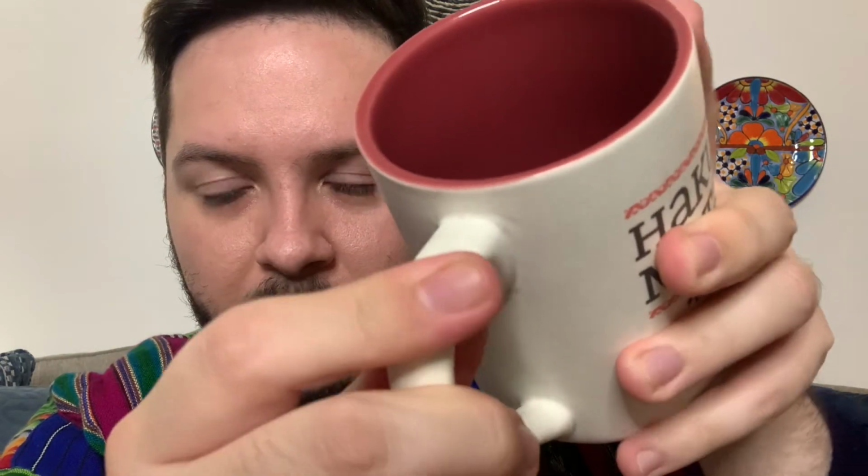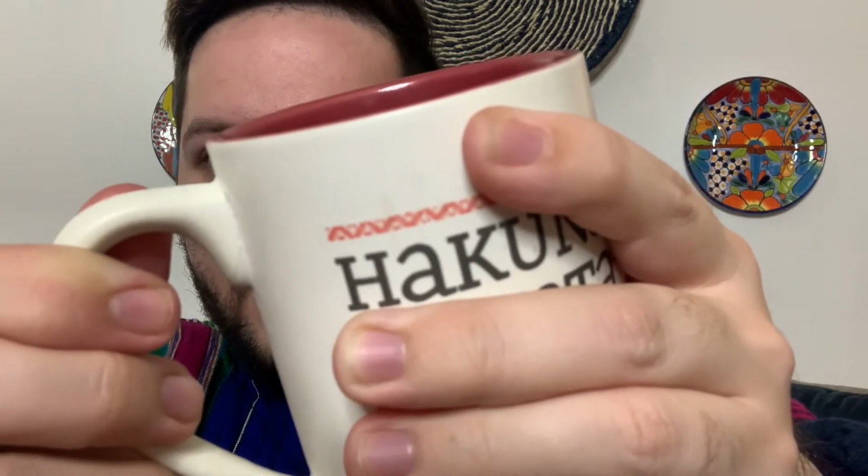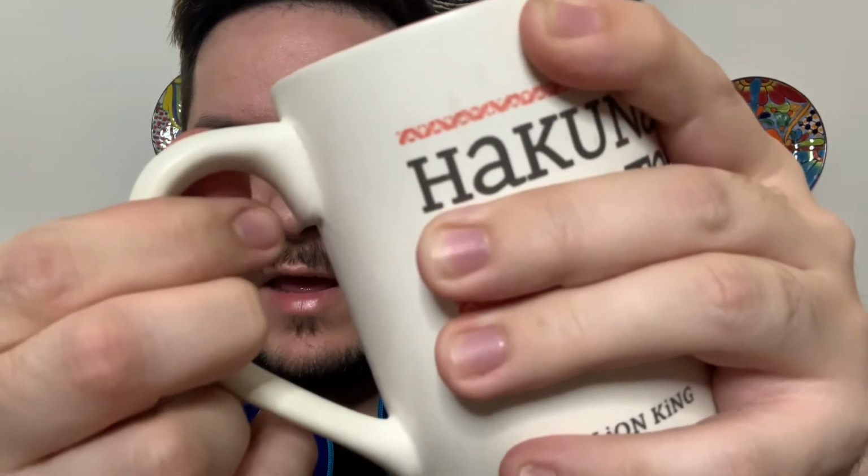But I did not notice this until I started to actually inspect a little bit closer when I got home. So you may not be able to see it on camera, but this whole part right here of the handle, let me see if I could even possibly safely pull it out a little bit. This part of the handle is coming off. I don't know if you guys can pick up on that noise. The ceramic, this whole piece right there, if you can see the crack right here, is basically coming off